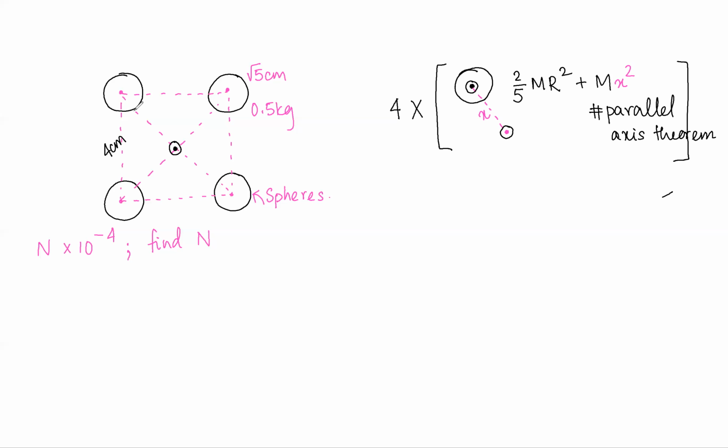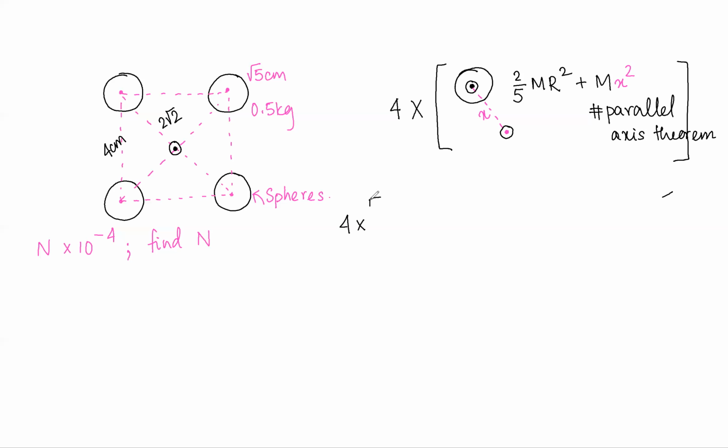So if that is 4 centimeters, the diagonal of the square is equal to 4 root 2. So this distance is equal to half of 4 root 2, divided by 2. So this distance is equal to 2 root 2. So first of all, let's find out the moment of inertia of a single sphere, and then you'll multiply it